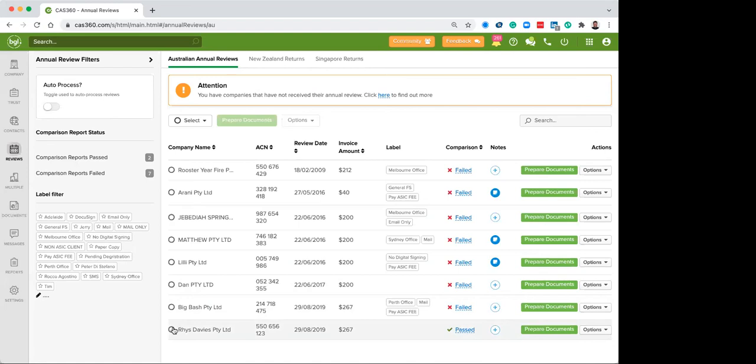If I wanted to send them out as quickly as possible, I can click on the bubbles for the ones that I would like to select, or I could use this option at the top here and select all as well. When I click on the prepare documents button that is available here,